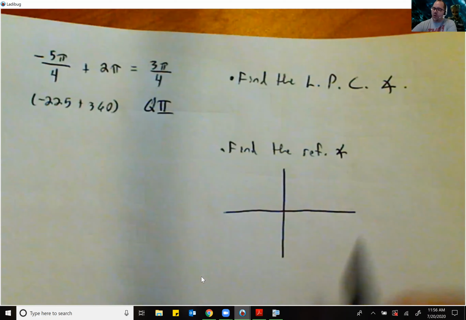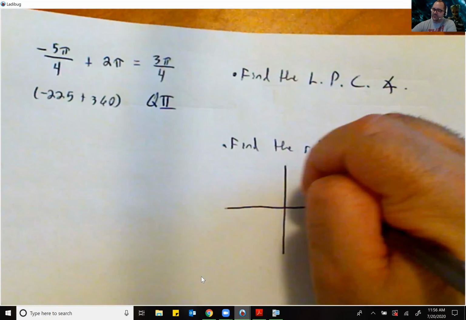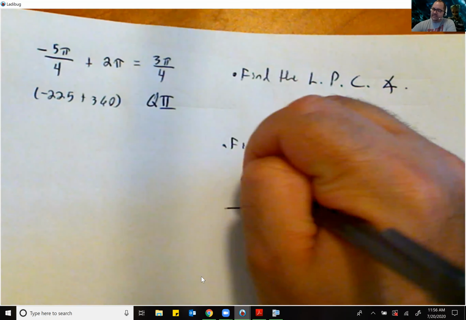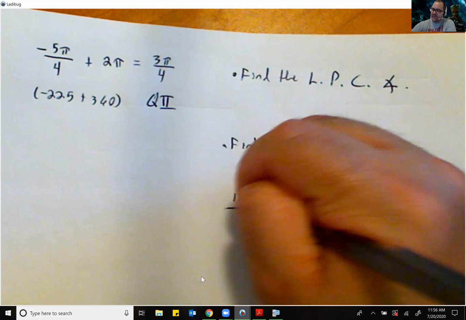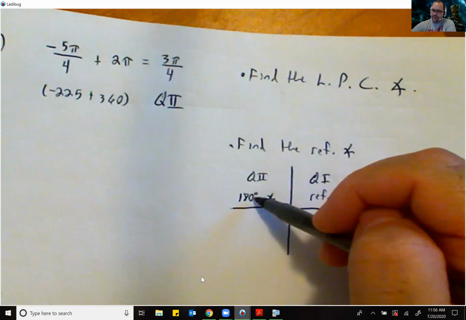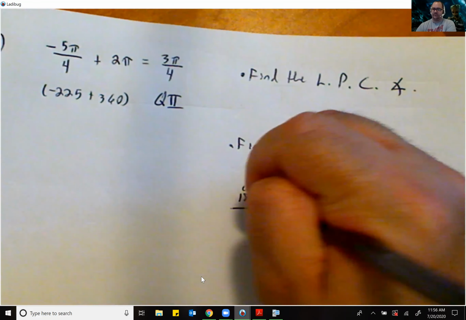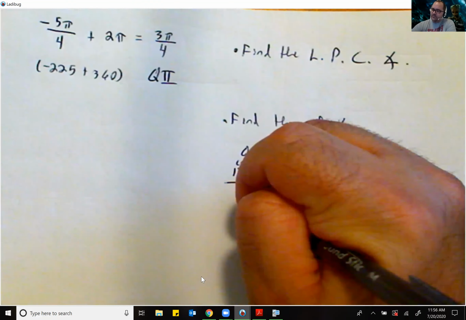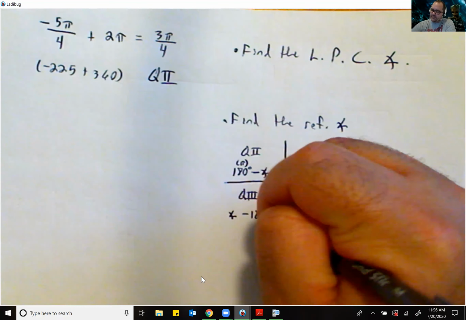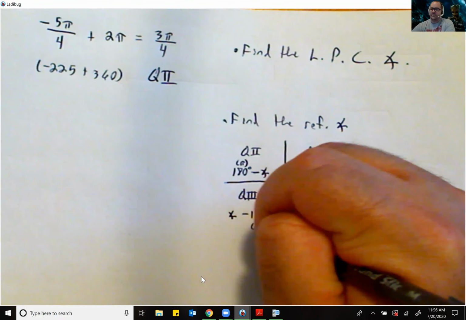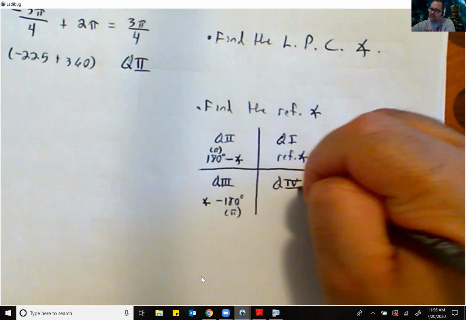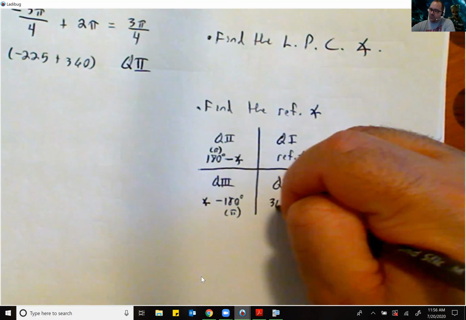So if we're in quadrant 1, that is the reference angle. If you're in quadrant 2, you're going to take 180 minus the angle, or in other words, pi minus the angle. If we're in quadrant 3, we will take the angle minus 180 degrees, or pi. If we're in quadrant 4, we will take 360 degrees, or 2 pi,